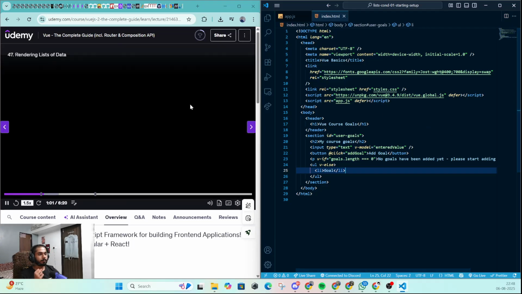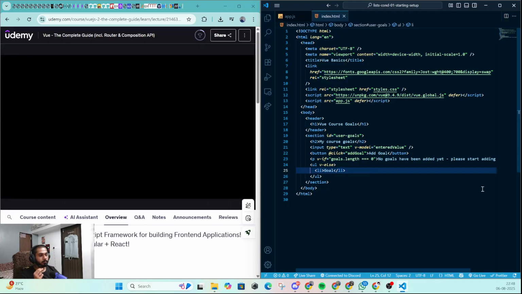And you might see a pattern here. We have v-if just as we have if statements in JavaScript. And we have v-for just as we have for loops in JavaScript for dealing with repeated code. And it's the same logic here. v-for is there to help us output content that's repeated. So for example, here, we want to output the same list item over and over again for every goal which